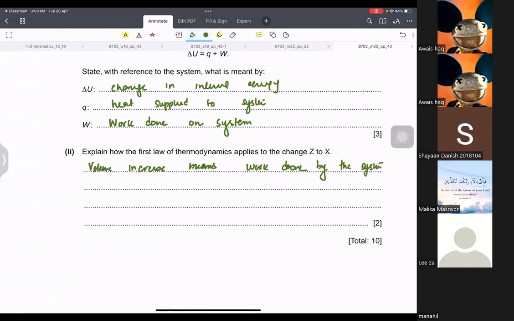right? This means that if that happens, then two things will happen. The internal energy decreases because internal energy is Q plus W. If this is minus, then that. Hence, temperature decreases because internal energy is dependent on temperature. Like that. Okay. I hope you guys understand this. Now,